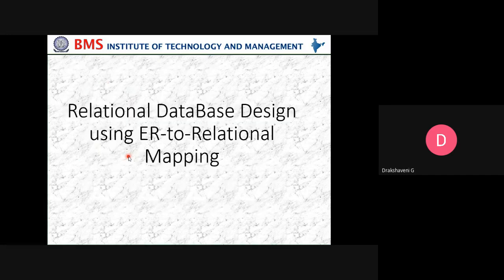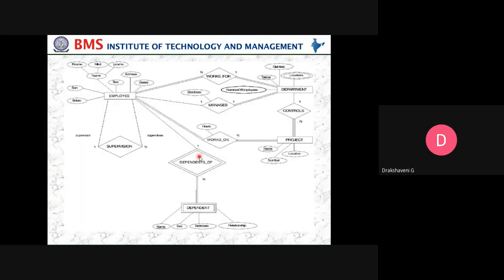Relational database design using ER to relational mapping. This is the ER diagram. There is employee. In the employee, we have employee name, which has first name, middle name and last name. The employee also has social security number, birth date, whether male or female, address and salary. Then department, with name, number and location.